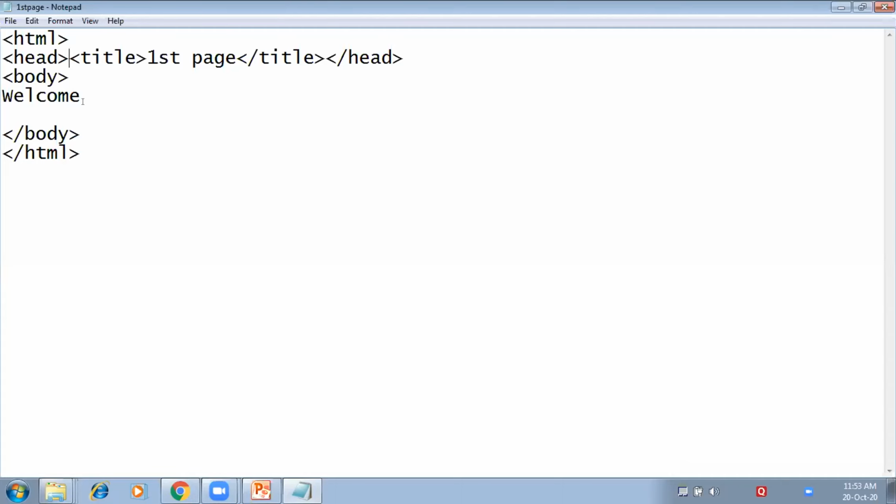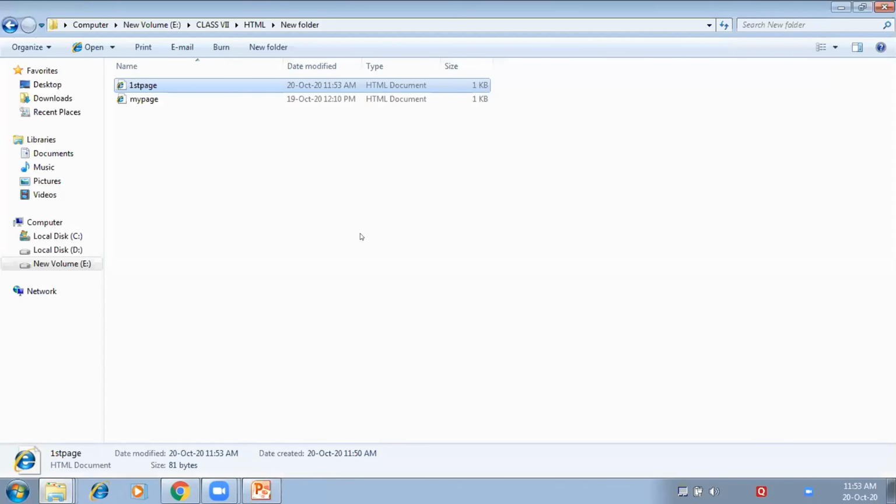So this is your first page, and how you have to create it. First, you have to open the notepad, type the coding, save it. But sometimes what happens is, after writing in the notepad, you click on this cross sign. Okay, now how to edit the coding? Because you have already closed your file, how will you edit the coding? If you have to do some changes in the coding, how will you do it? Will you type it again from the beginning? No, no, no. You don't have to.